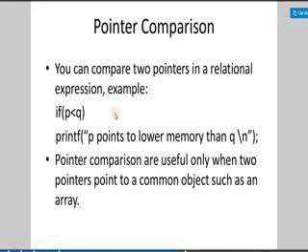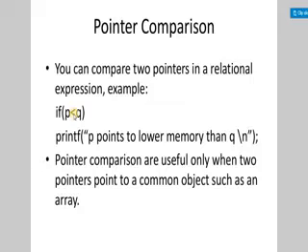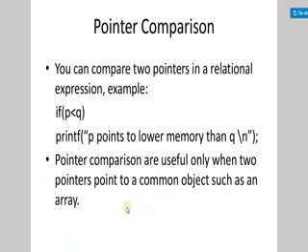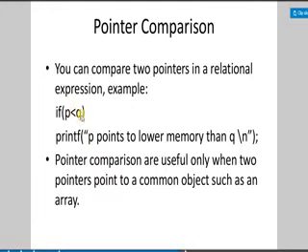Now we cannot compare two pointers by using a relational expression. That means if P and Q are both pointer variables, and I write P less than Q or P greater than Q, as you know, less than and greater than are known as relational operators. So by using relational operators we cannot compare two pointers, and pointer comparison is useful only when two pointers point to a common object such as an array. Only then it is useful. But by using relational operator